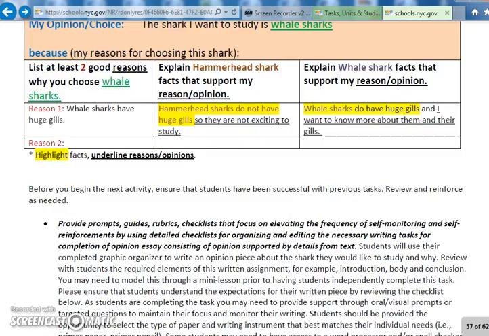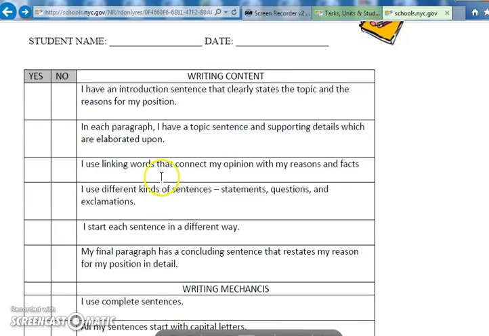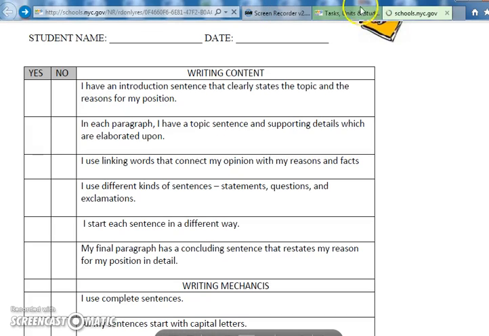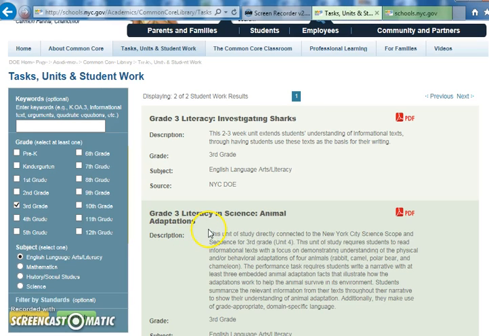So I would really encourage you to share this with your students and your teachers so that they are prepared for that next generation of assessment that is approaching us. It has grades all the way up to grade 12 for ELA, mathematics, social studies, and science. So I hope that this was useful. I hope that you will be able to take the time out and to explore this site and to share